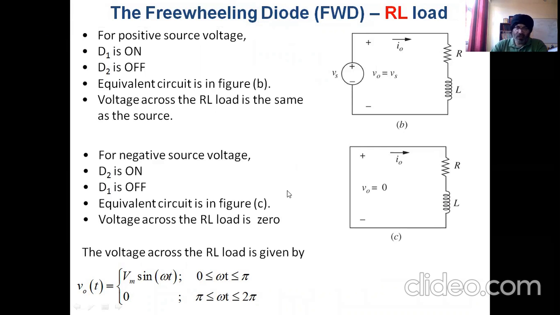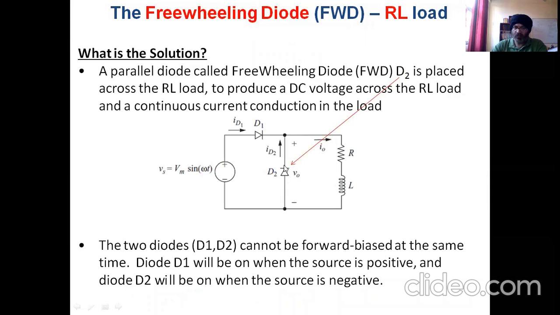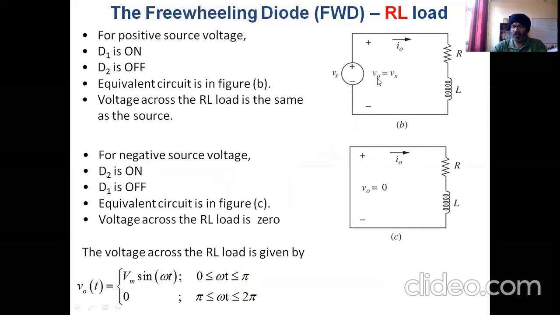Now in the negative half cycle, D2 is on. In the negative half cycle, this is forward biased, this is on, and now D1 is off. So by turning this diode off in the negative half cycle, this supply is now disconnected from this circuit. So now we are remaining with only this circuit, and the supply is disconnected. Now whatever charge was stored in the inductor during the positive half cycle is actually being released through this circuit,